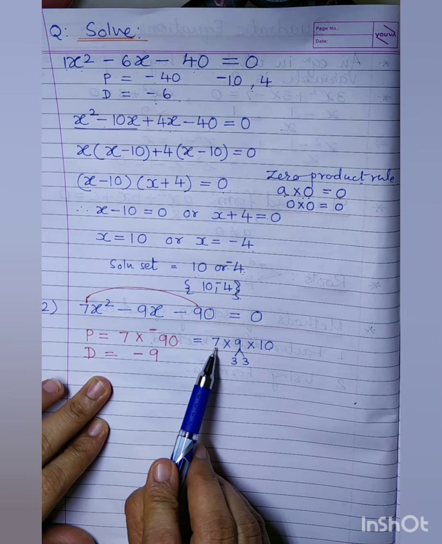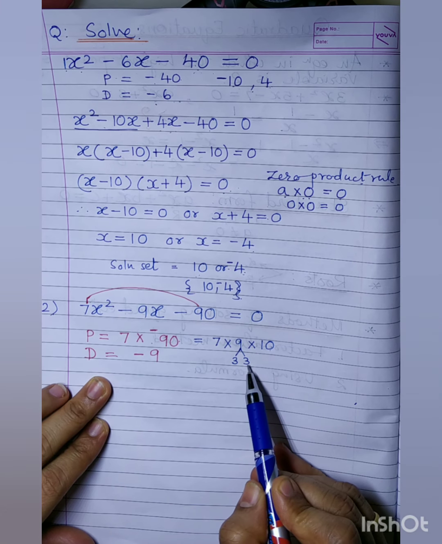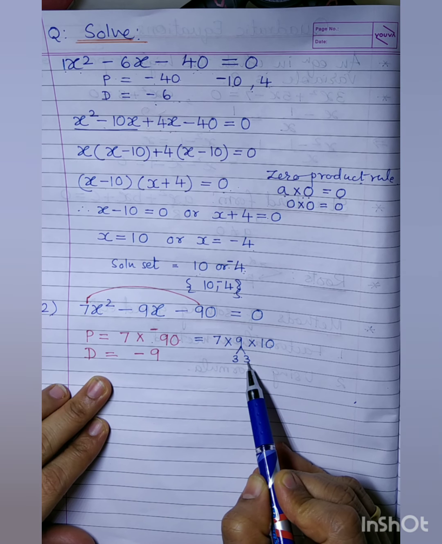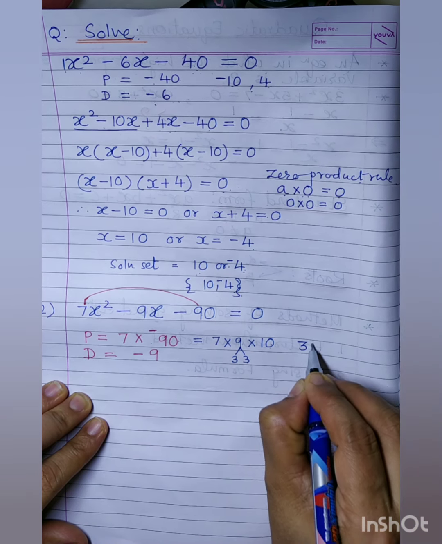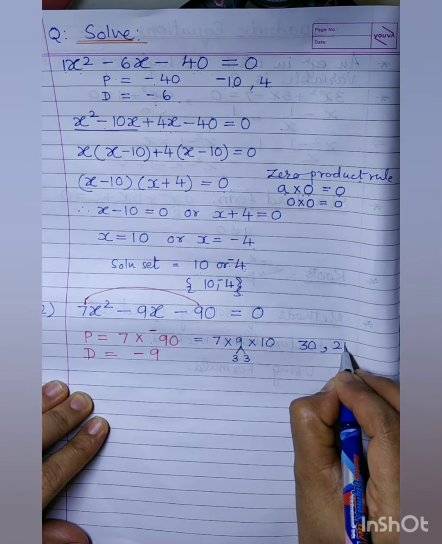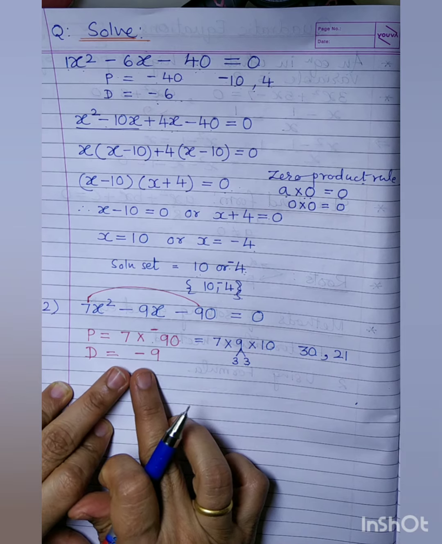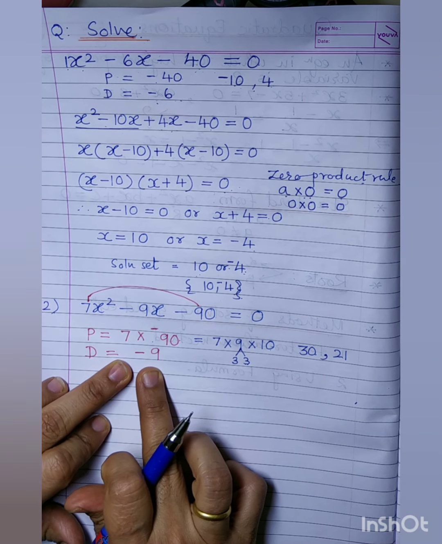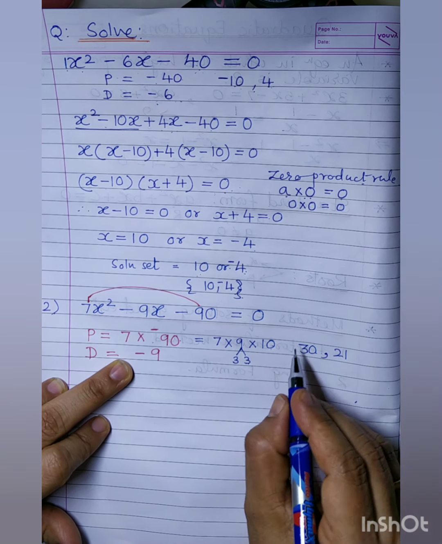Now try to pair the numbers. 7 3s are 21. 10 3s are 30. Have we got the number? Yes. Because 3 10s are 30 and 7 3s are 21. Definitely going to give you the required product here, that we don't have to check, and the difference is 9 here. Okay. Now what will be the sign of the greater number here?